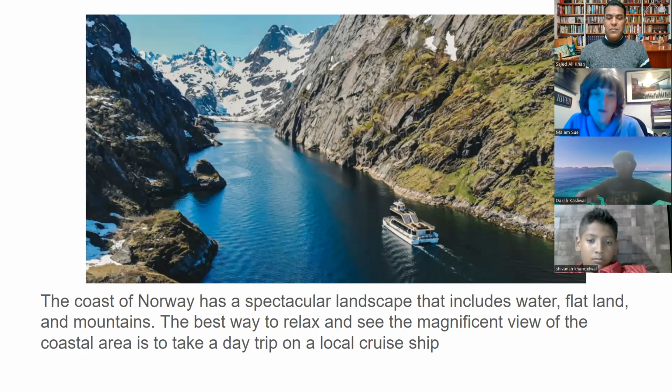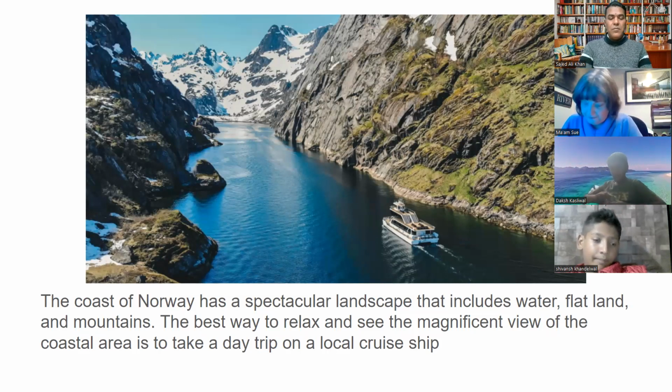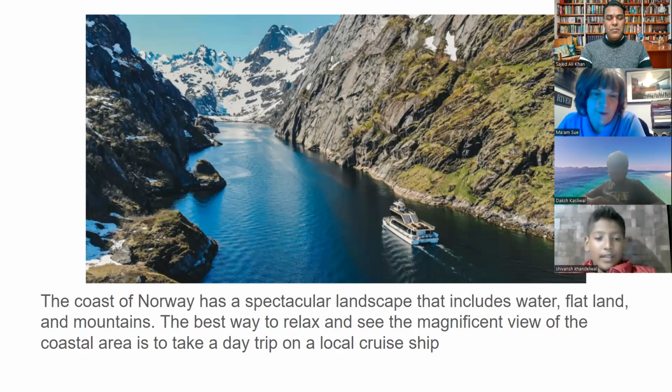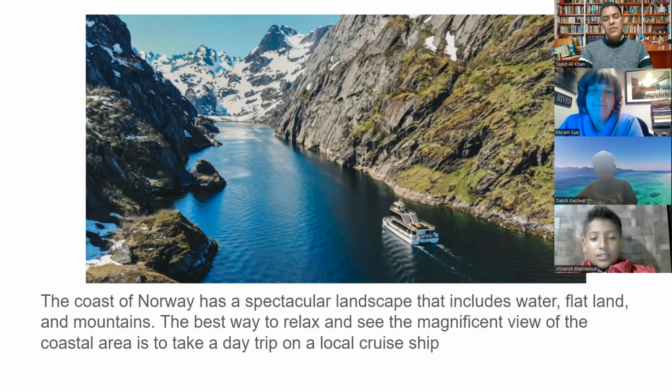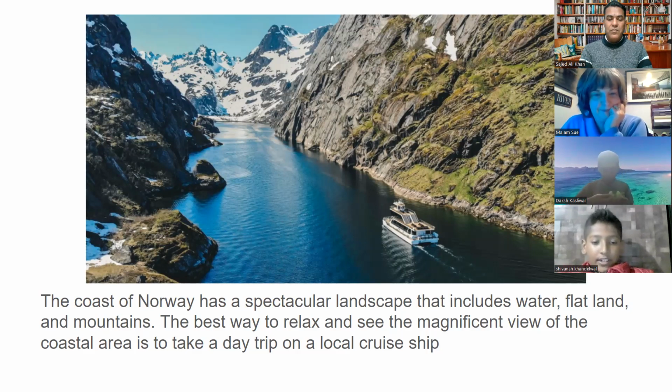So let's go to Shivansh. Would you like to read this? Yes, ma'am. The coastal area of Norway has a spectacular landscape that includes water, flat land, and mountains. The best way to relax and see the magnificent view of the coastal areas is to take the day trip on the local cruise